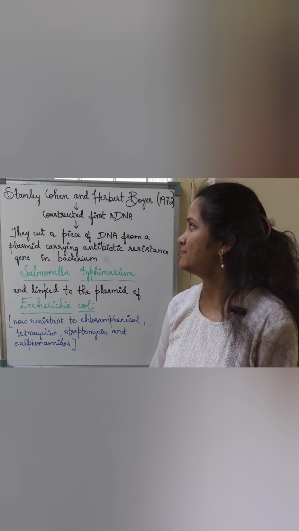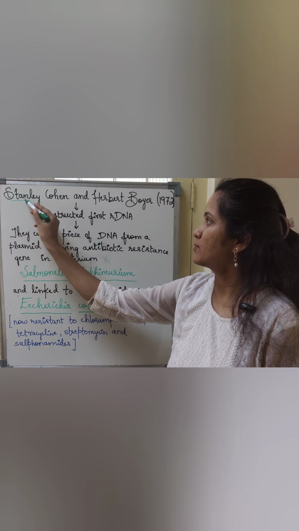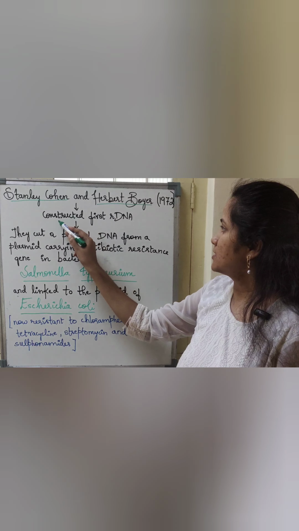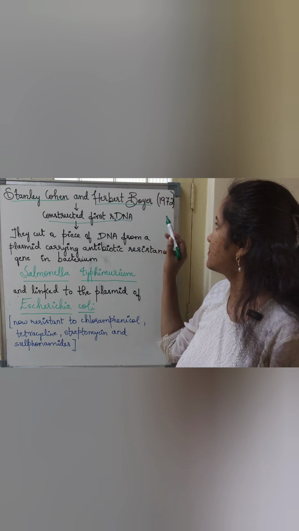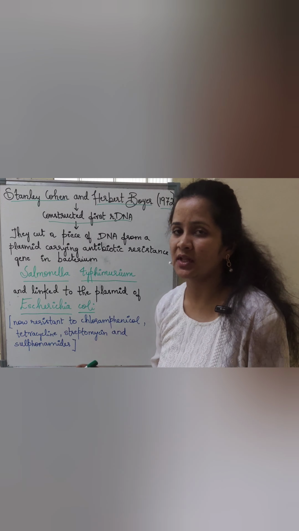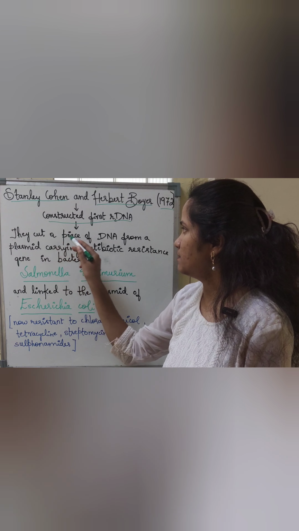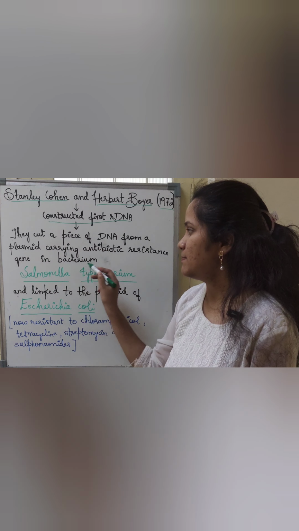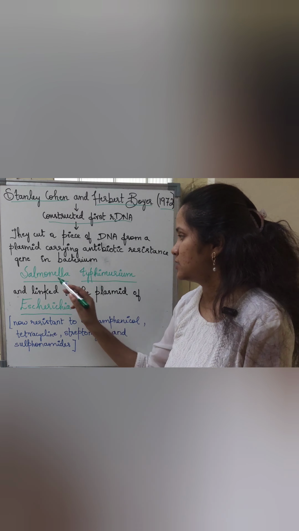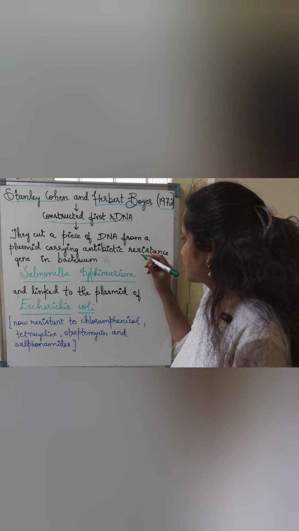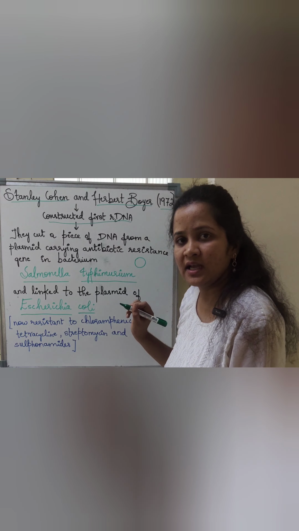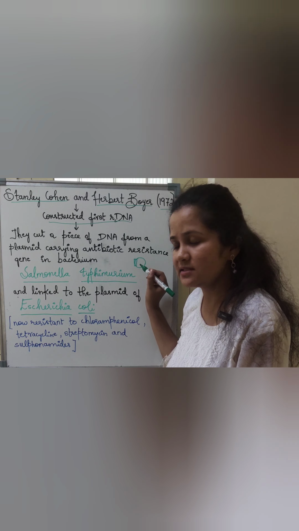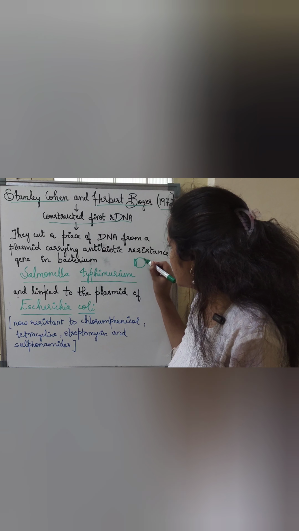Here comes the very important part. Stanley Cohen and Herbert Boyer are the two scientists who constructed the first recombinant DNA in the year 1972. So how did they do this? They cut a piece of DNA from a plasmid carrying an antibiotic resistance gene in the bacterium Salmonella typhimurium. Salmonella typhimurium is a bacterium. It has a plasmid, and in that plasmid there is a particular region which gives resistance to antibiotics. So that region is